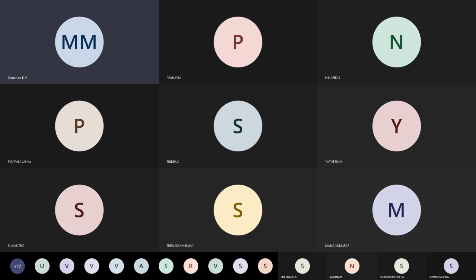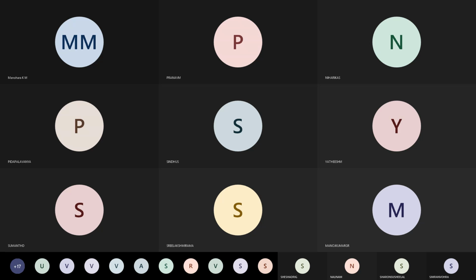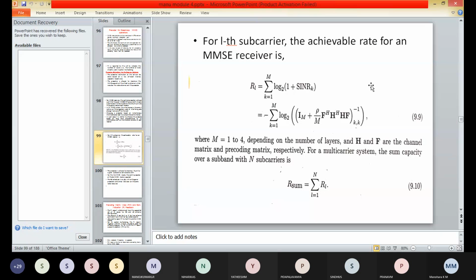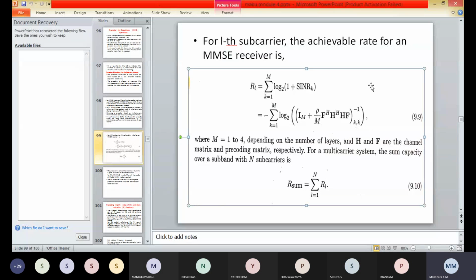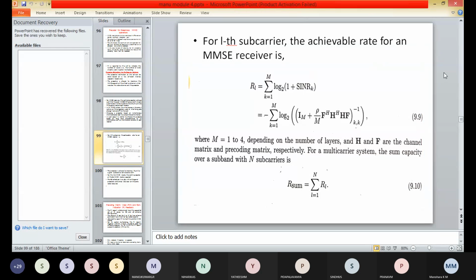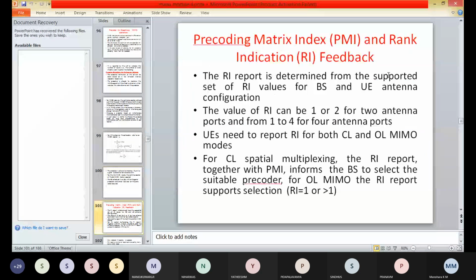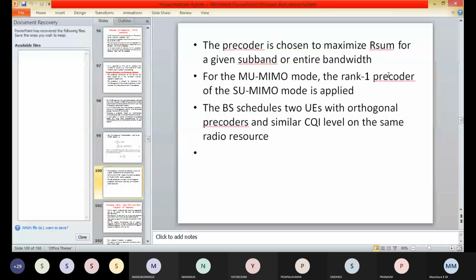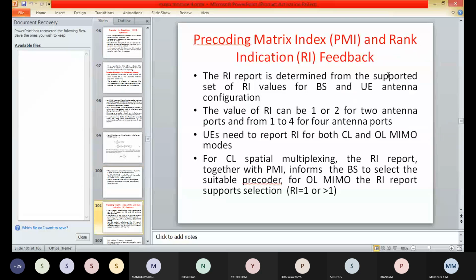So coming to the next concept, next we have the precoding matrix index, that is PMI, and rank indication feedback.